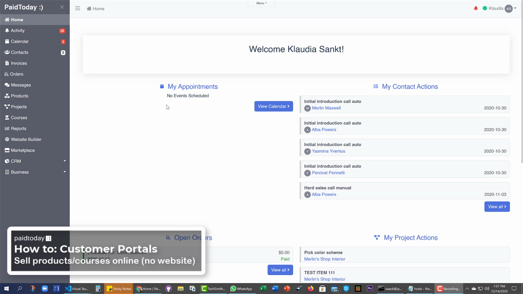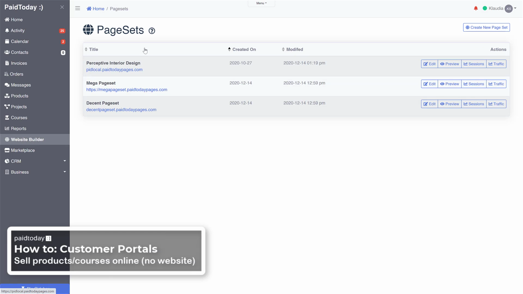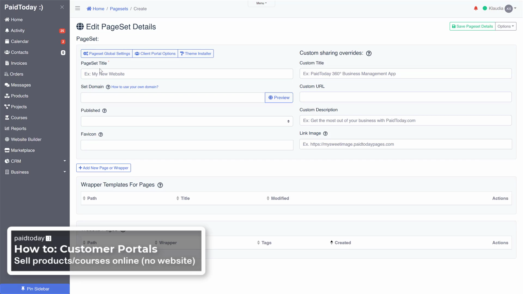so you can use your PaidToday account almost anywhere. So first thing we want to do is go ahead and open up the website builder on the left sidebar here. And we're going to go up to create new page set on the top right. And then we're just going to give it a page set title. We'll just say only portal for this one. And then we'll do